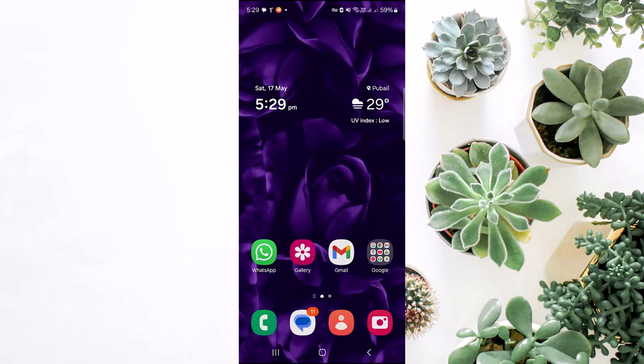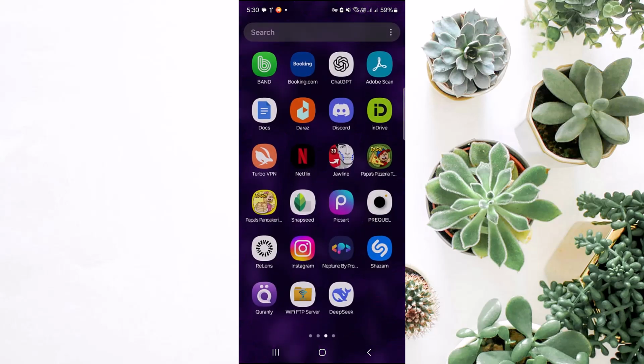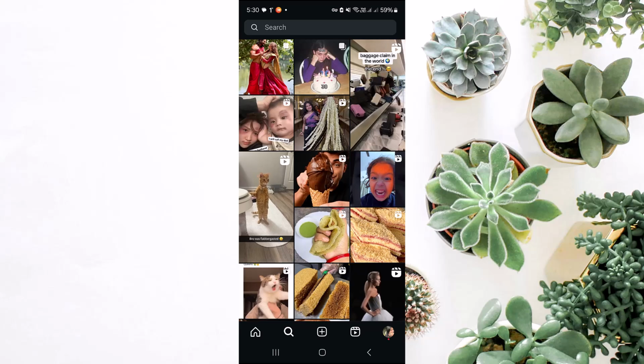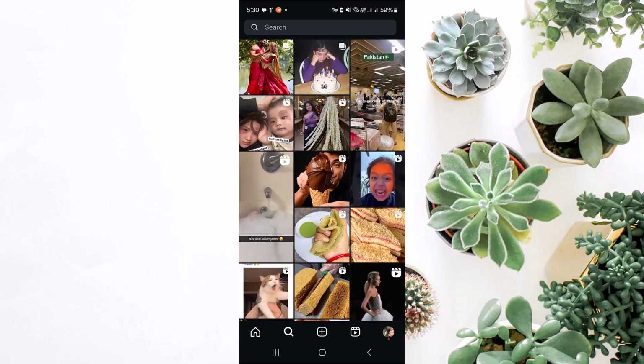In today's video, we are going to see how to clear Instagram history. So to do that, let's head over to our Instagram application first. Once you're there, make sure that you're logged into your desired account and then head over to the search option on the bottom. And in here, just tap on the search bar